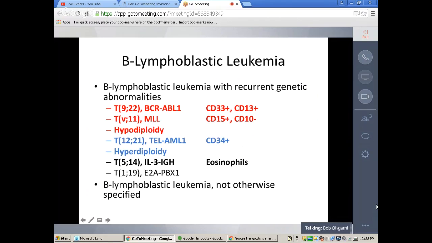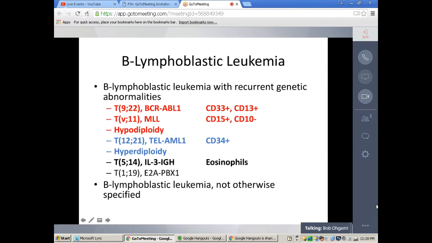Other ones, like the 5;14 translocation seen in B-ALL, may have a lot of eosinophils due to the translocation between interleukin-3 and IgH, which stimulates the eosinophils. And then the other thing I wanted to bring up,